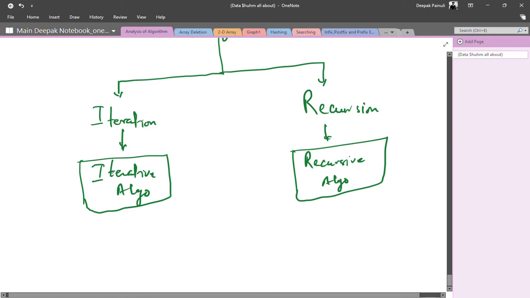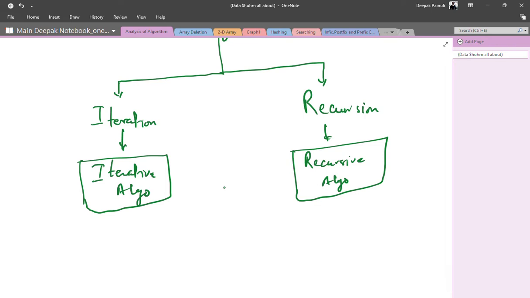So what is the difference between iterative and recursive? You all studied the programming language C in your previous semester, so definitely you have faced these two terms, iterative and recursive. What is the difference here?